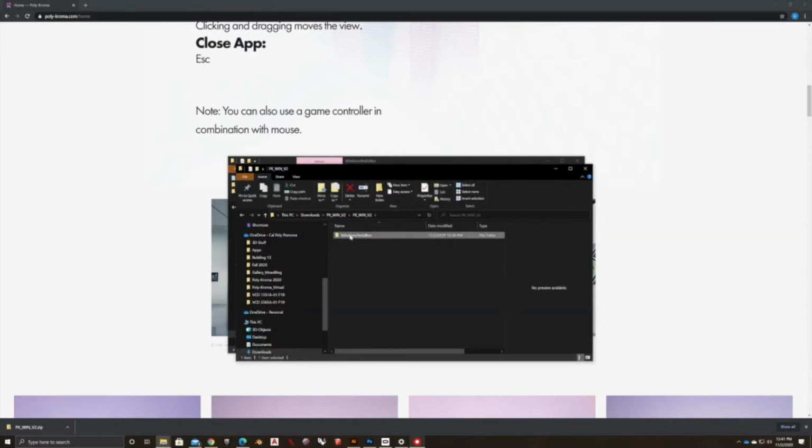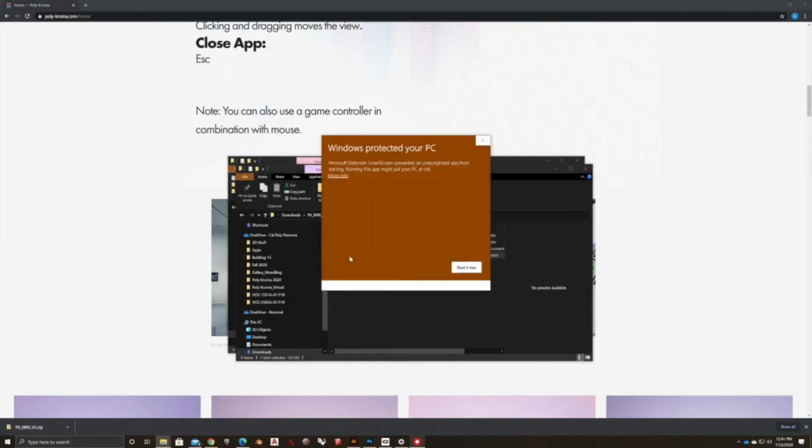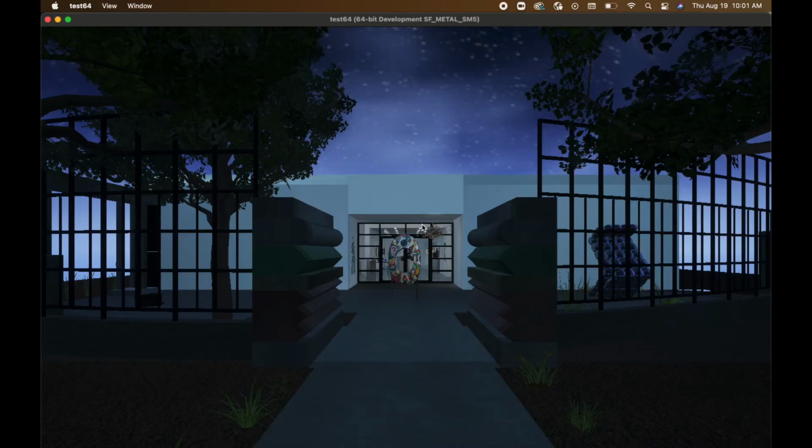Alright, then double-click that folder again, and double-click the Ink and Clay 45, and you'll just have to click More Info, and then Run Anyway. Once you see the gallery like this, you'll need to click your mouse one time in the exhibition to activate